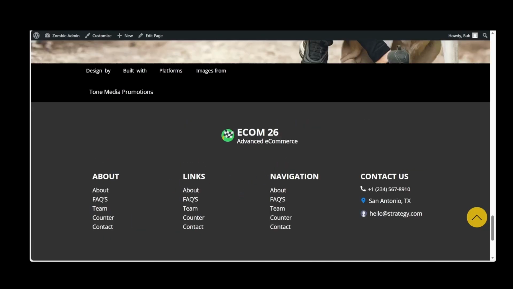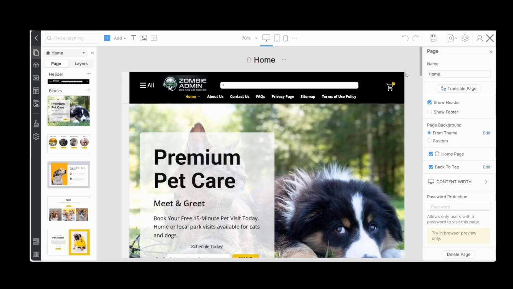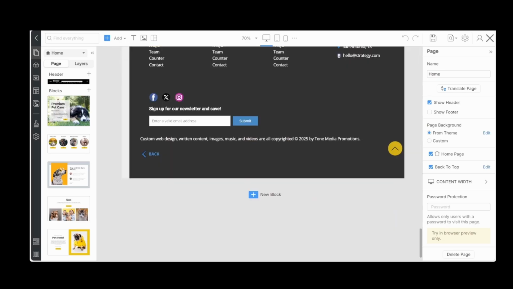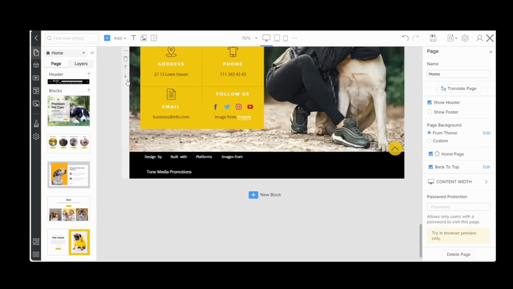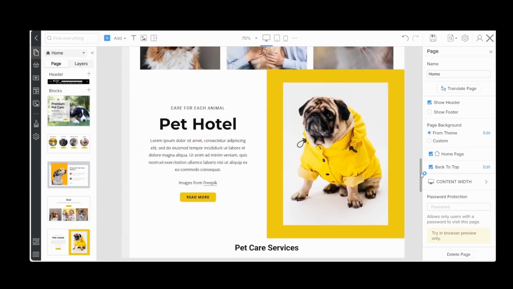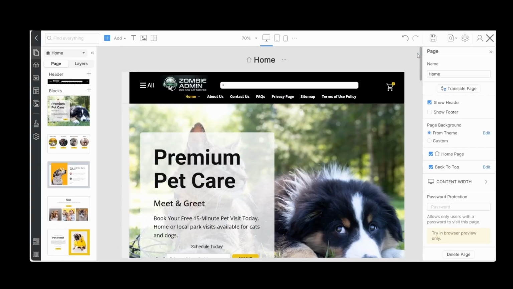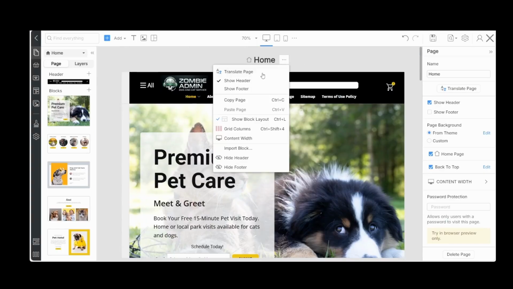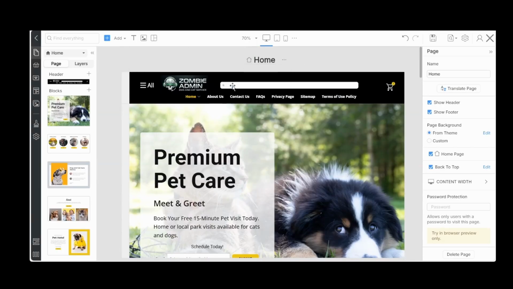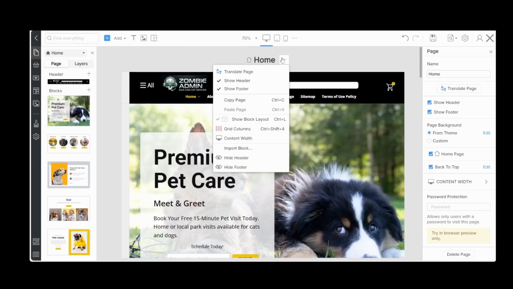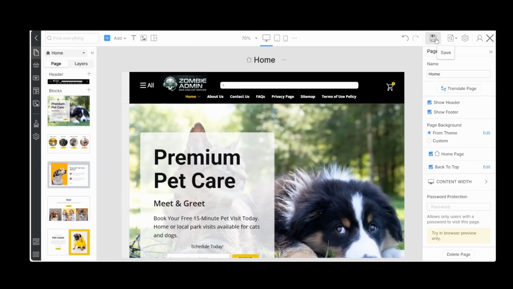Let's go back to Pages, and let's just delete that if you don't need it. Just showing you how it's simple to do. Just create a grid and add everything into the grid. Let's go back to home and let's show footer again. Double check, yes, and let's save.